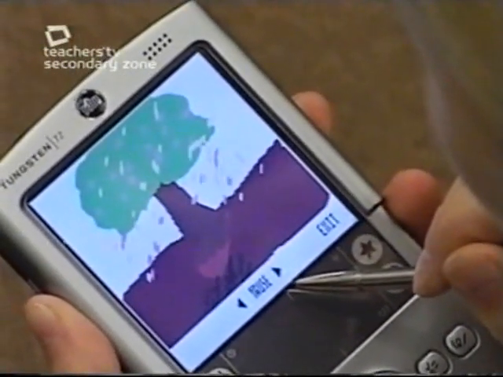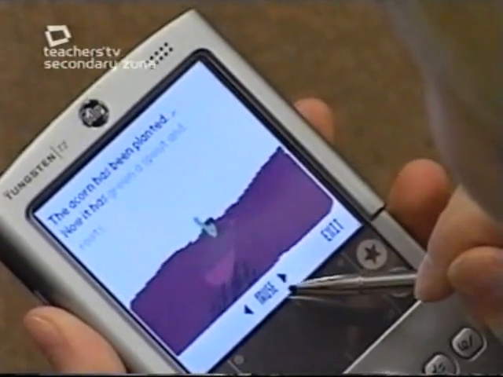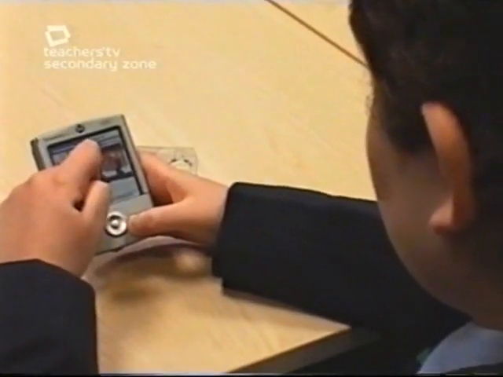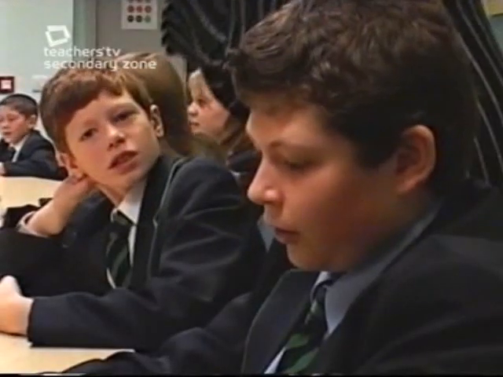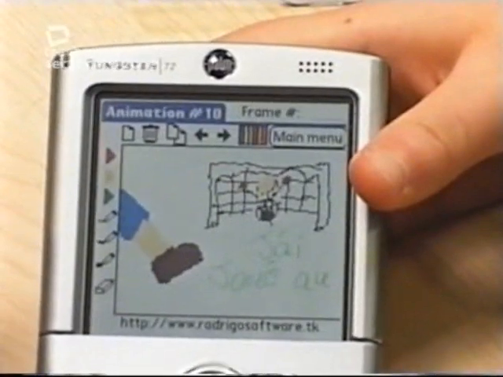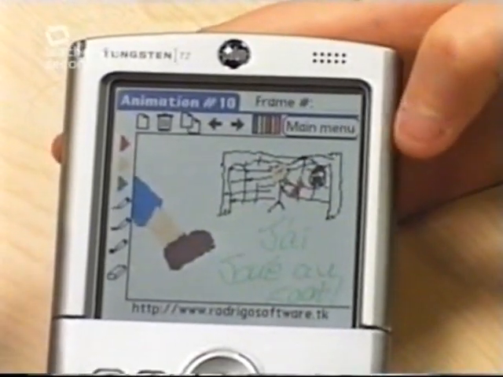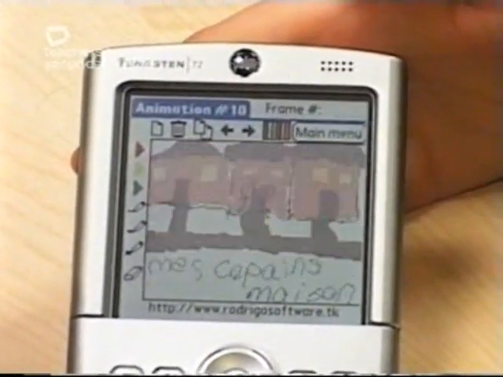I think it's a great way of learning because it makes everything more interesting. The programs are interesting to use and you're learning why you're using them. I've been making an animation for French, trying to show what sorts of activities I've done over the summer holidays. I think using PDAs in class is a good idea because it's more entertaining than just writing words down in the book, and it stops you from having a short attention span.